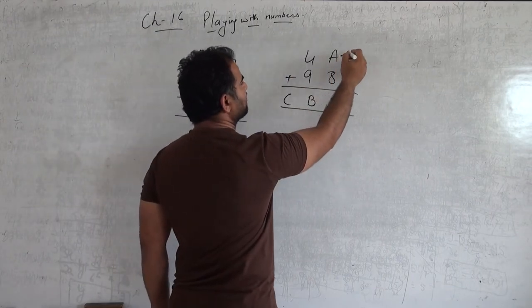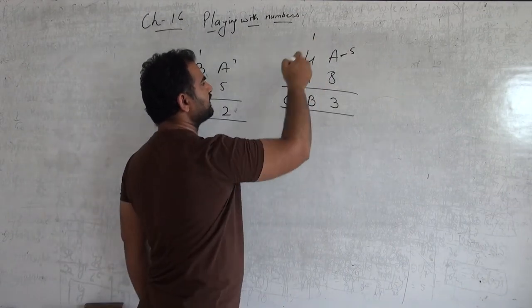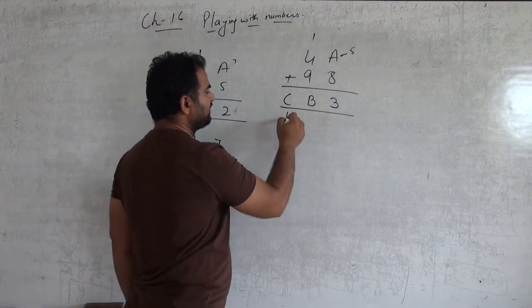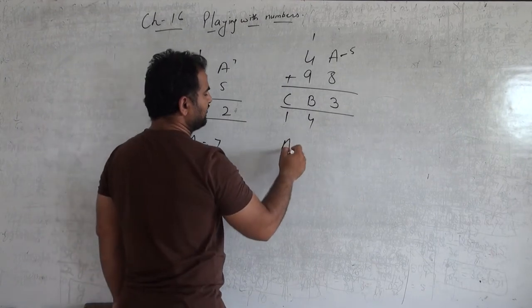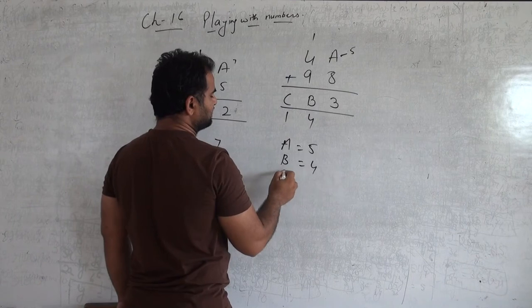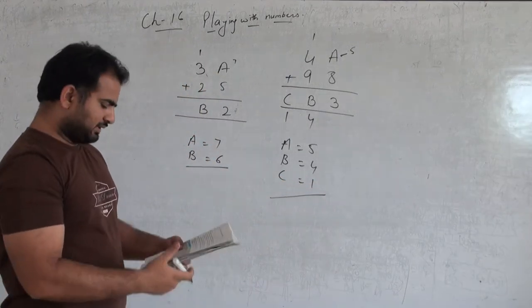So I am writing 5, 8 plus 5 is 13 and the carry will go there. 9 plus 1 is 10, 10 plus 4 is 14. So it should be 1, 4. So the answer is A equals 5, B equals 4 and C equals 1. Okay. Next is